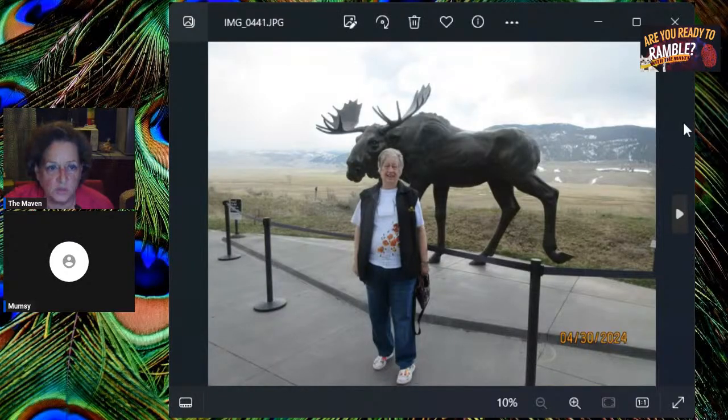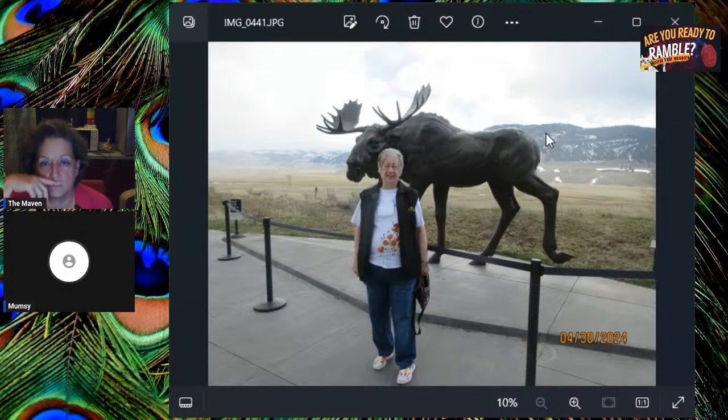There you are with a moose sculpture. See the way the antlers are wide? I think they're antlers and not horns. That's moose. Look how big it is. I bet that's life size. And look how tall they are, even though it's behind you, you still get the idea how much taller it is. And they're thinner than elk, I think.